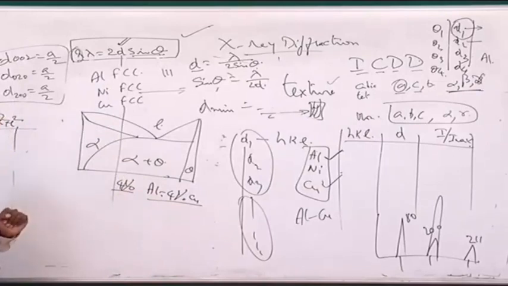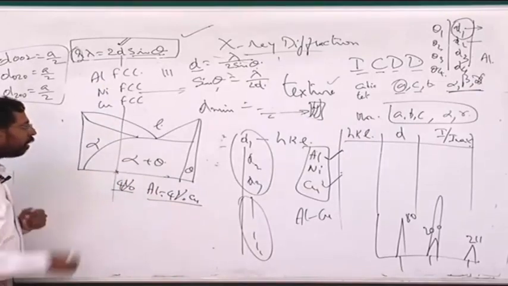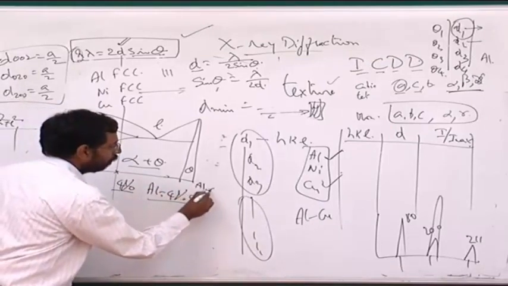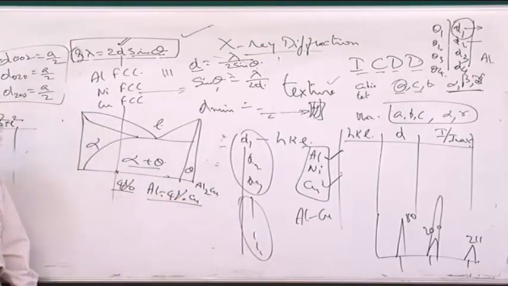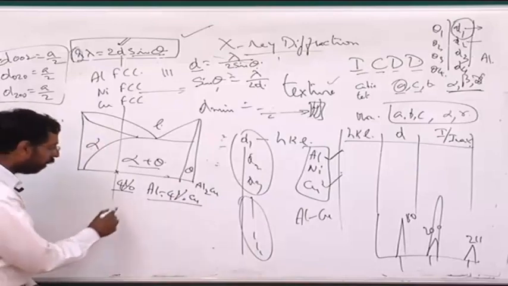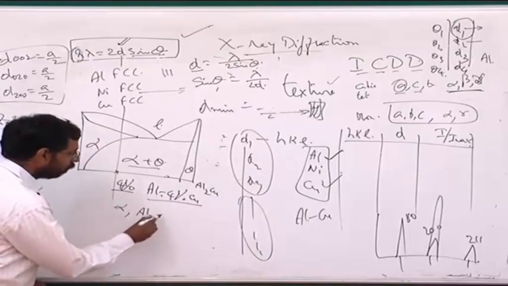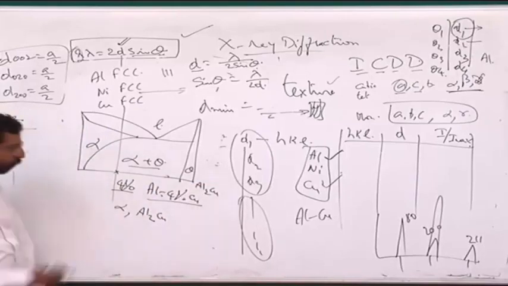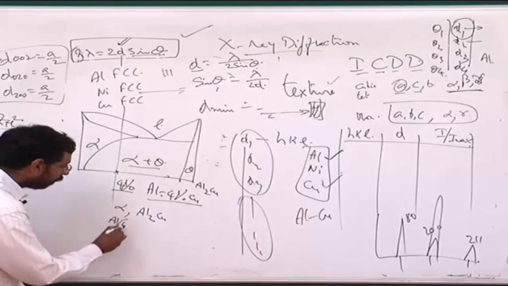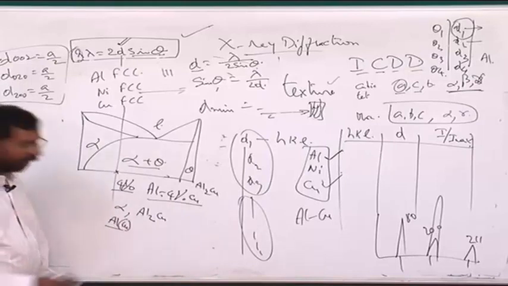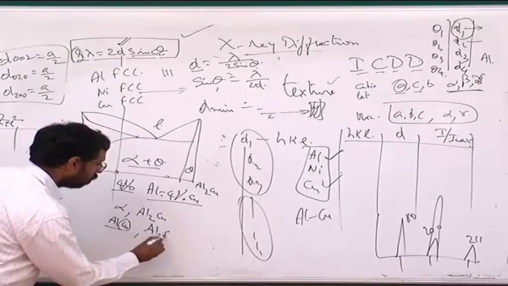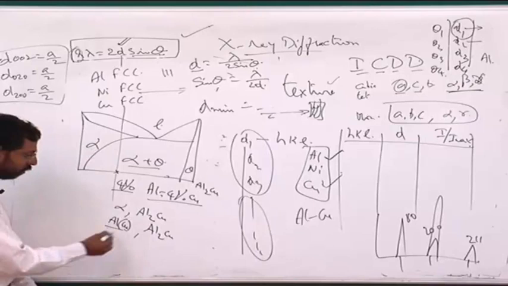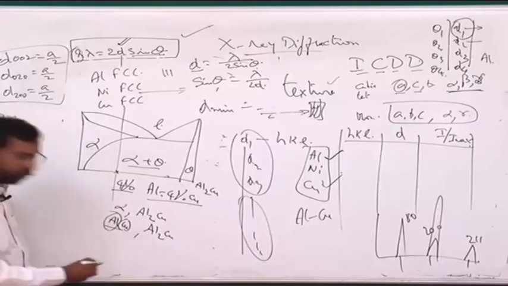This aluminum 4% copper alloy at room temperature is supposed to have alpha plus theta. Theta is what? Al2Cu. So that means it has inside its microstructure both alpha and Al2Cu. What is alpha? Alpha is nothing but the solid solution of copper in aluminum. So this is nothing but aluminum with copper dissolved in it. And you have Al2Cu. And when copper dissolves into aluminum, the structure of that solid solution is the same as that of aluminum. So this is FCC.